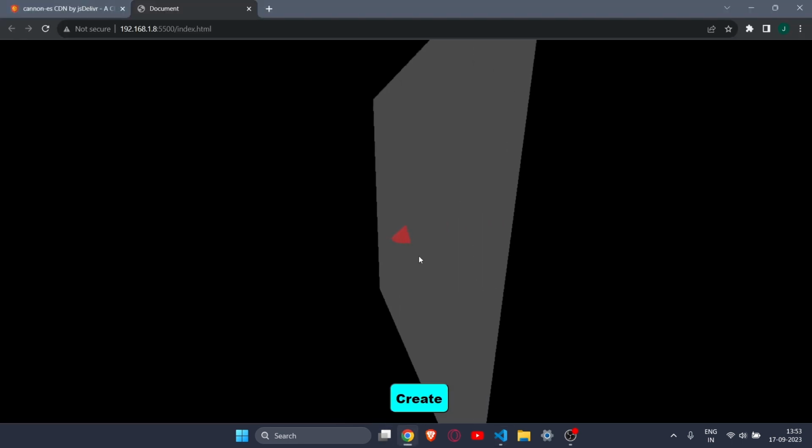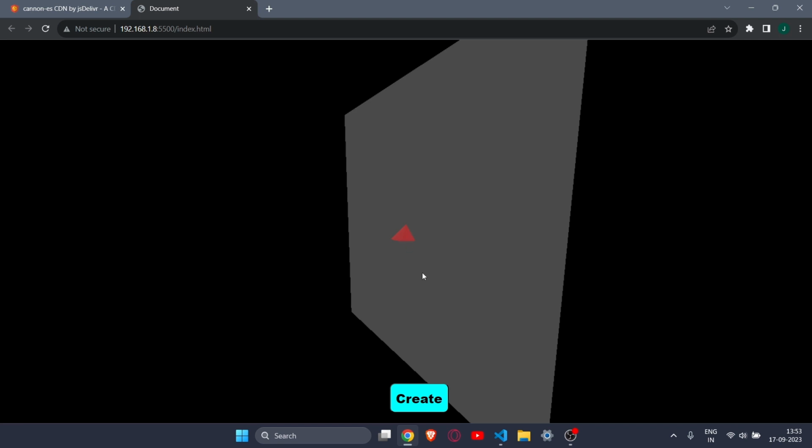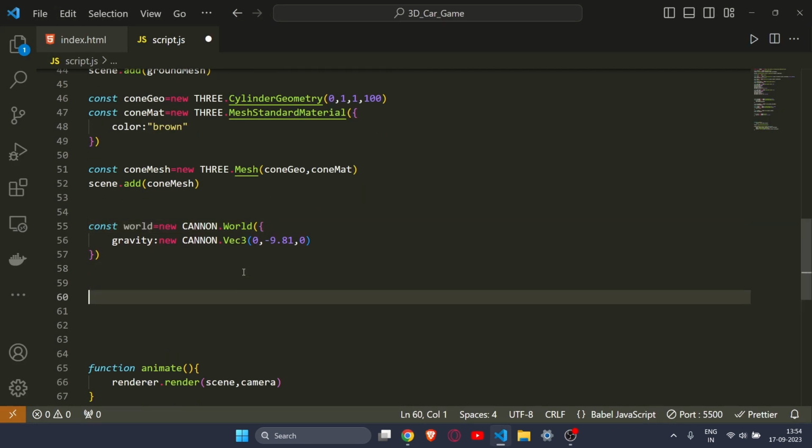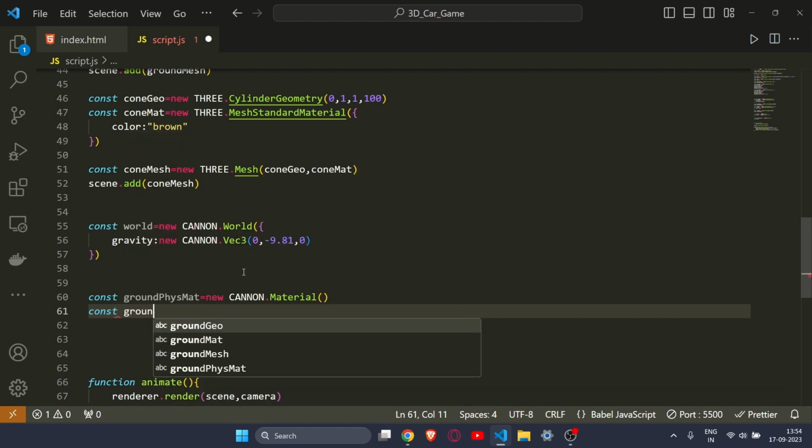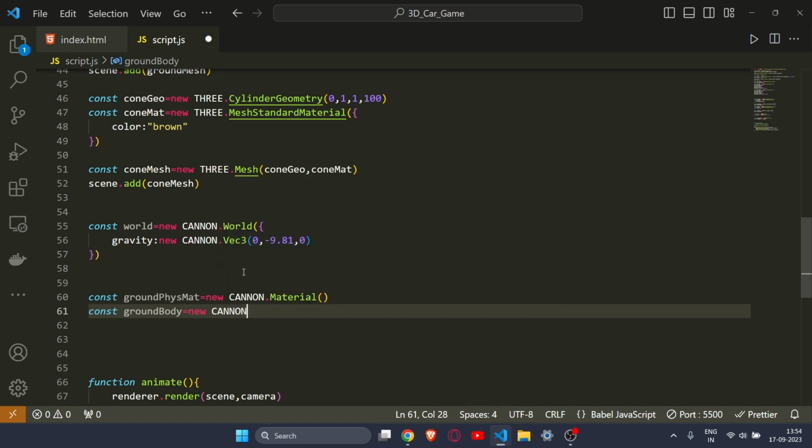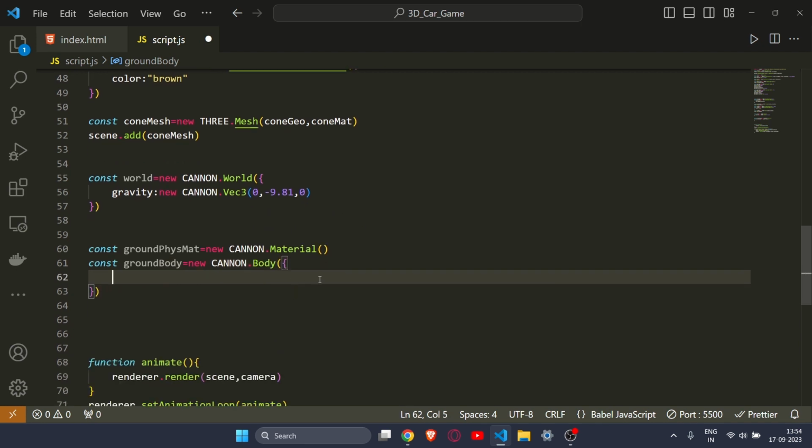We have to add physics to our plane, then to this little cone, and then those boxes. First of all, let's add the physics to our plane and this cone. For the plane, I will write here groundPhysMat. This is a short form. I will write new CANNON.Material. Alright, that's it. And then another variable called groundBody is equal to new CANNON.Body, and then it will take arguments like the width and height of your shape. The first one is shape, then you have to write new CANNON.Box,